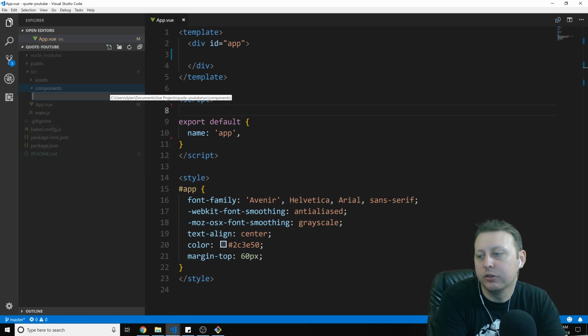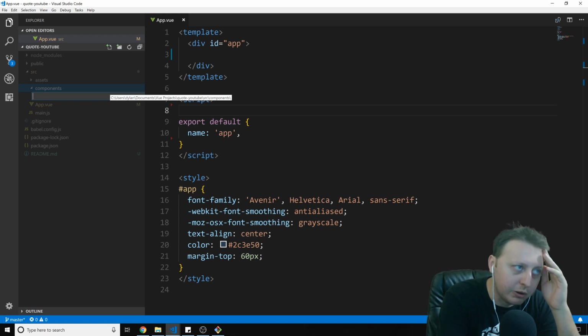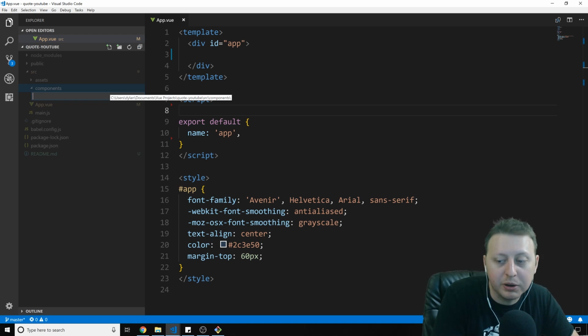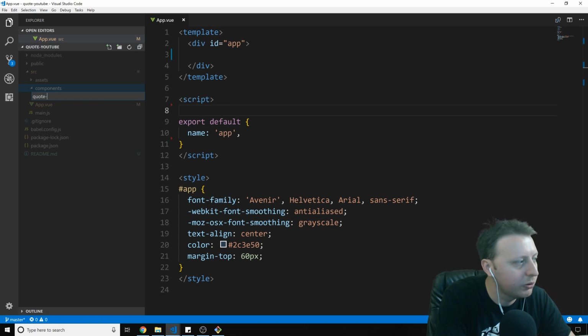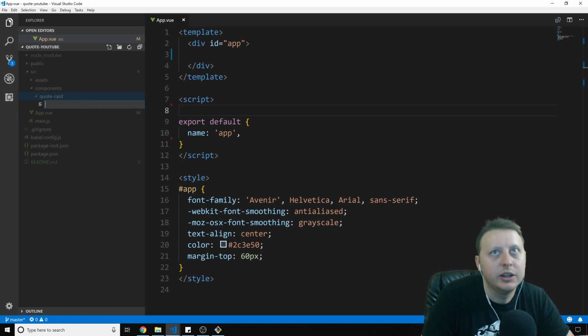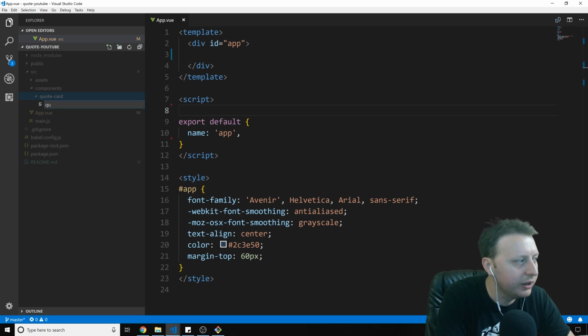The way that I like to do the architecture is very similar to the Angular way, in which your components have their own folders, which then contain all the necessary parts. The reason for this is I break my stuff out into individual parts. We won't start by doing that, but we'll end by doing that. So we'll have our quote-card component in our components folder, and in here we're going to have a